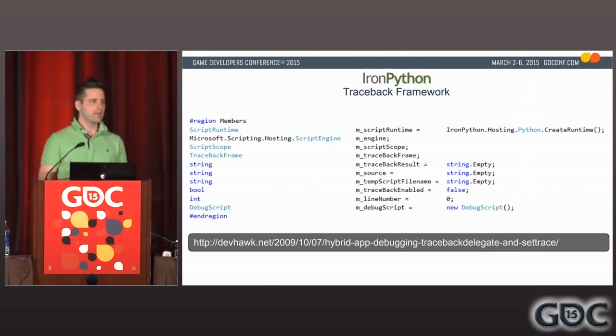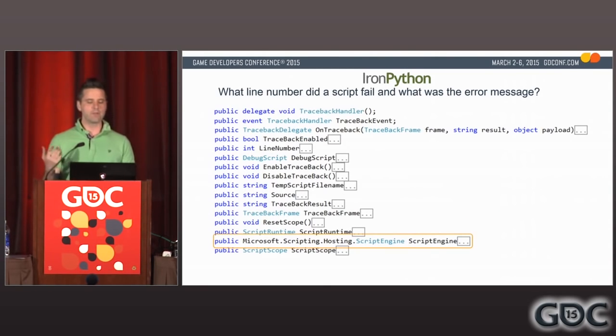But what's going on right here is we have a hook there into that exception. So at any time there's a problem with a script that gets run, it has a mechanism to pipe that exception back and tell us, what's it going to tell us? It's going to say, what line number did a script fail, and what was the error message? And then we can do something meaningful with that information. There's a bunch of other stuff going on in here, but again, I'm not going to linger on this particular side of things. What I want to do is move on and look at the script engine